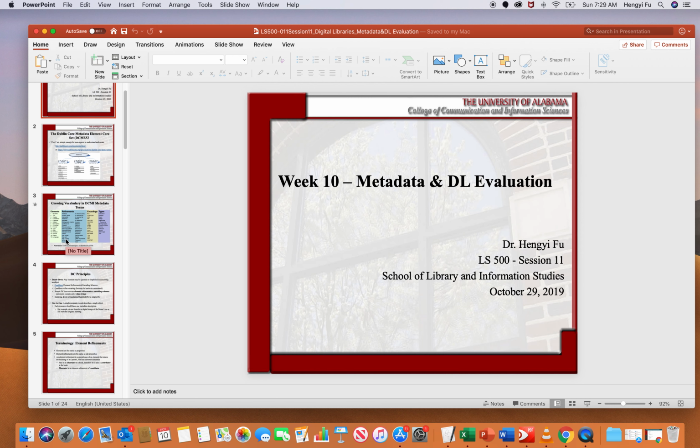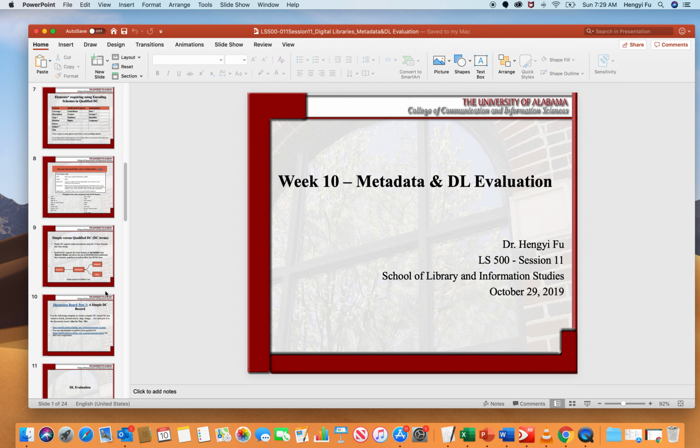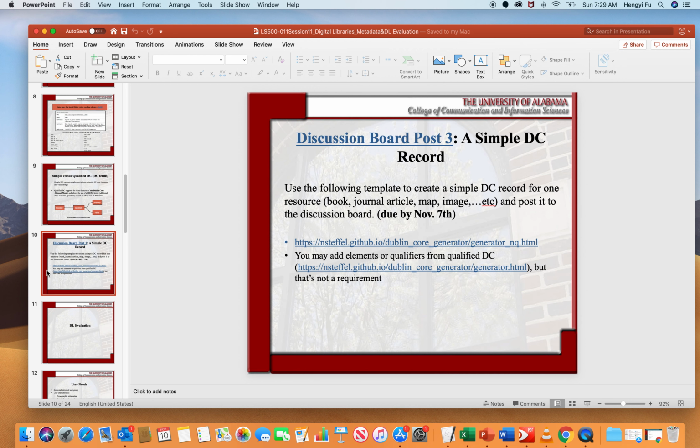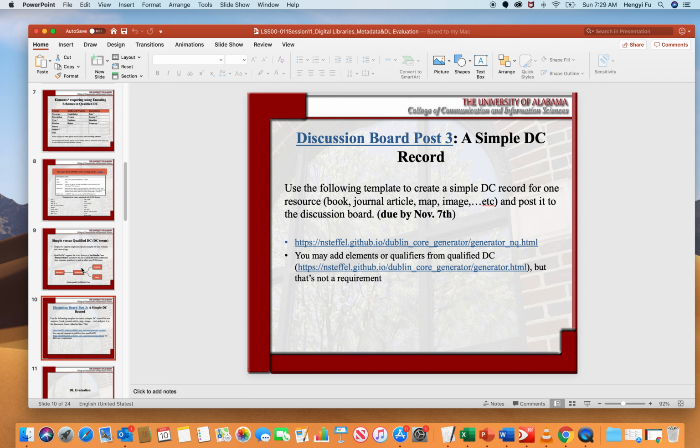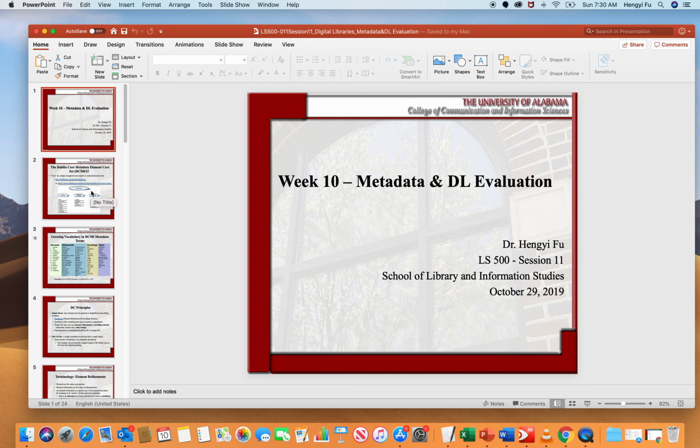Post 3, a simple DC code, the requirement is on slide 10. I will give you more details later. So last time we stopped at the